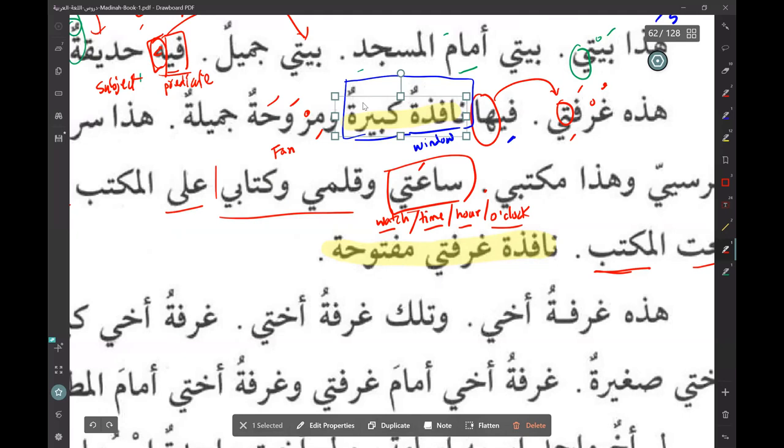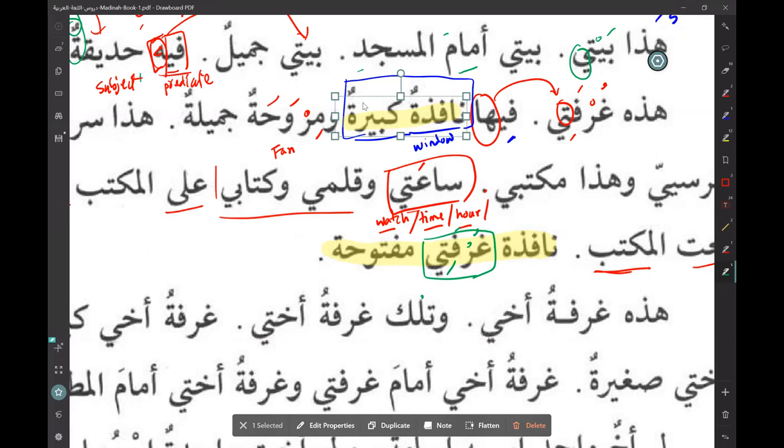What I want to do, because the best way to explain right now, instead of spending so much time, is to think about this as one word. It kind of looks like one word, although it's one entity, but there are two words here. If you think about this word, for example, how do you say it? You said ghurfati, right? And it says nafidha. Now the question is,